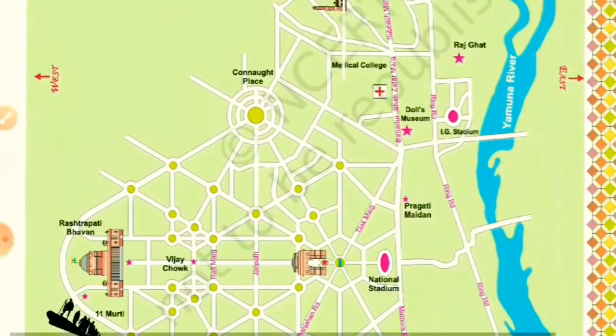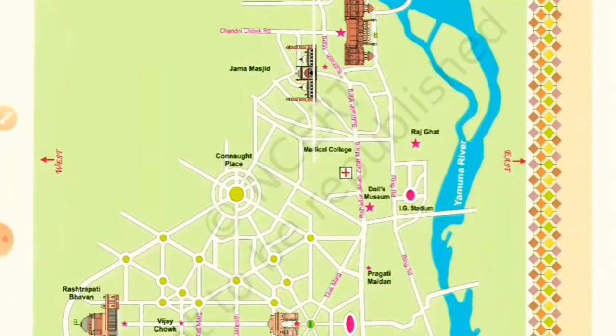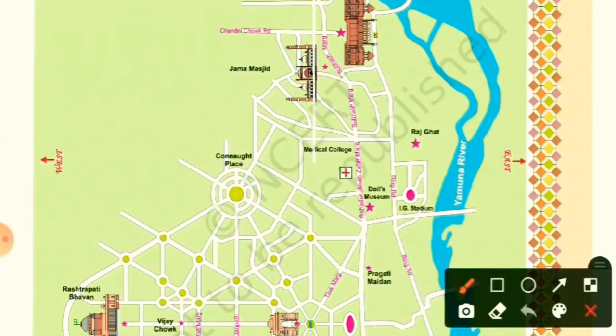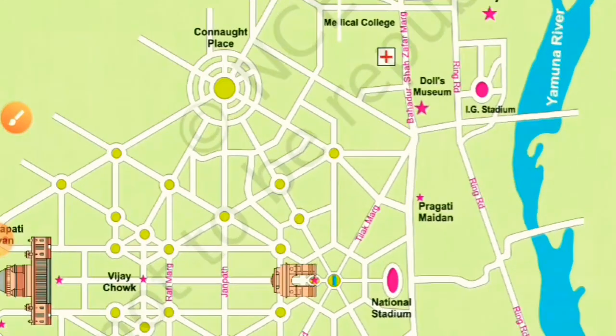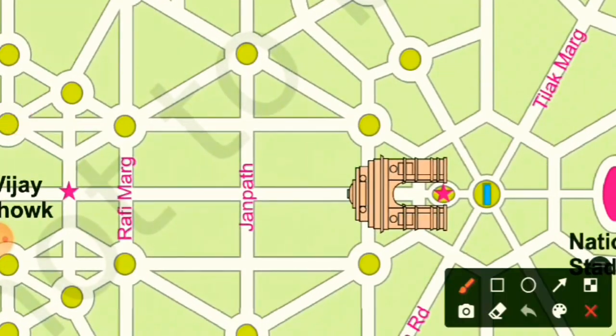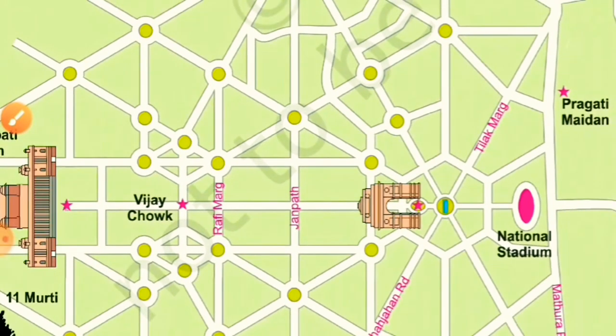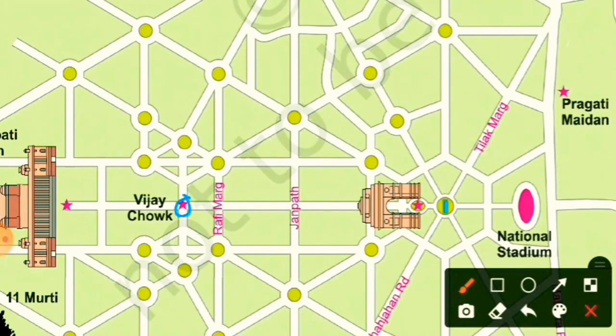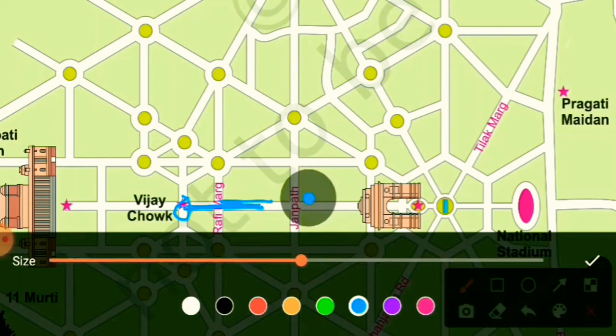So here we have our map. As the students got their newspaper, there it was written that the parade started from Vijay Chowk. So here is Vijay Chowk. Now let me zoom in first. Okay, now it is clearly seen. So here it is, Vijay Chowk. This star mark is on the road. This is the Rajpath road, as you all know. And from this star mark, Vijay Chowk starts. So first you have to mark and trace like this.